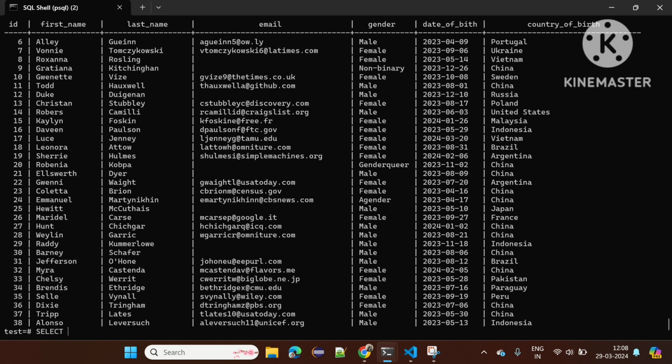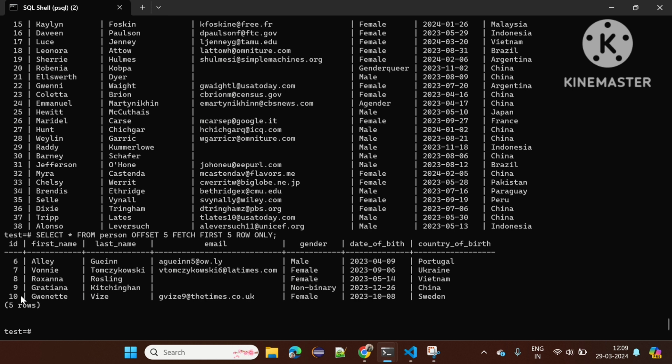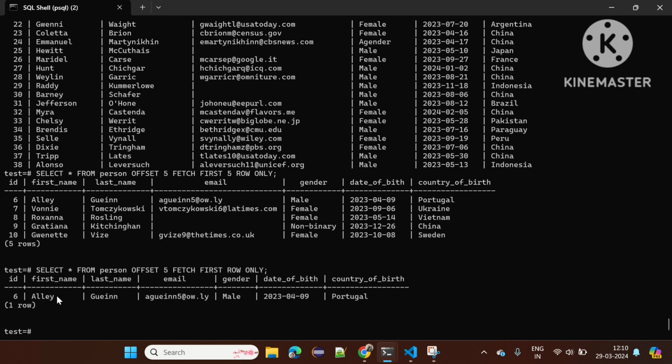Let's offset this by 5 and then you can say fetch and then the number of rows. So let's say we want to select the first 5 rows only. If I press semicolon and then run it, you can see that we get the same thing. So I can go ahead and pretty much just select the first row. All I need to do is say first and then one row, or I can simply remove one. So this is the same thing, and basically this is the same thing as using limit, but this is